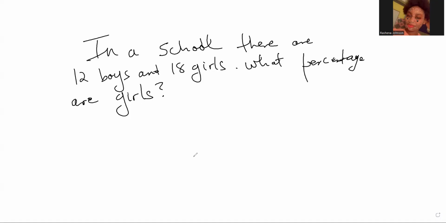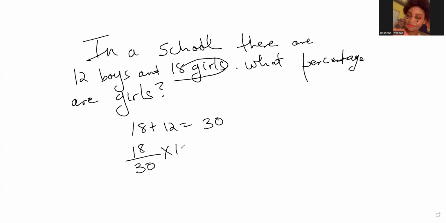And so to find out the percentage of girls, we first need the total of students. So you're going to say 18 plus 12, which is going to give you 30. And then 30 will be our denominator, also known as the bottom number. And since you're asking for girls, which are 18 girls, we're going to put 18 over 30 times